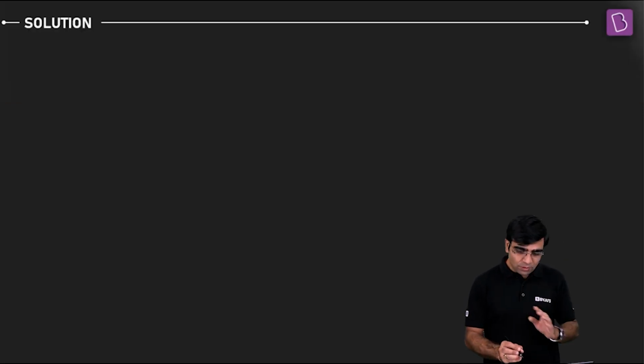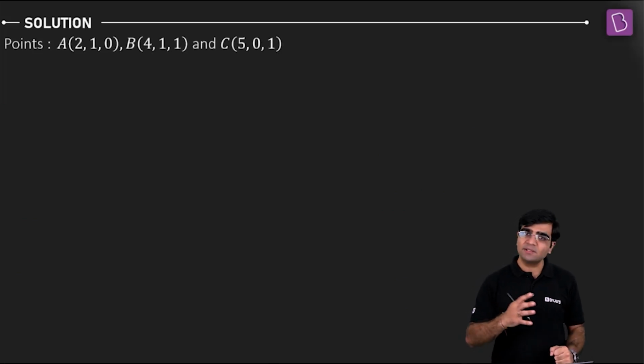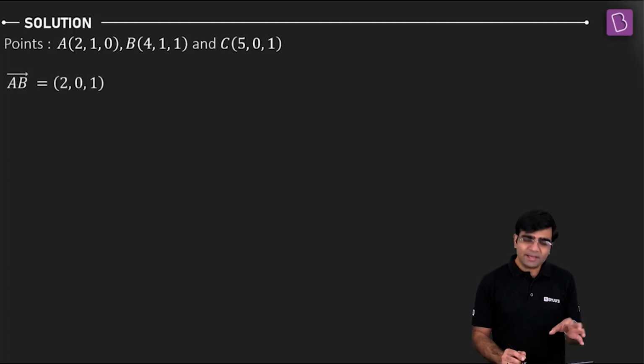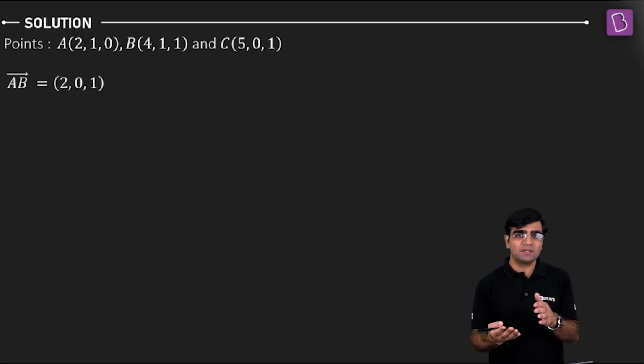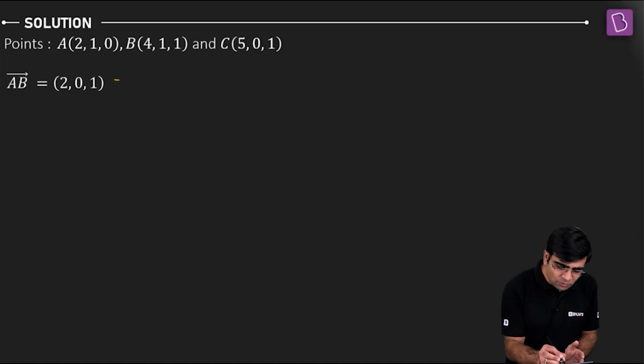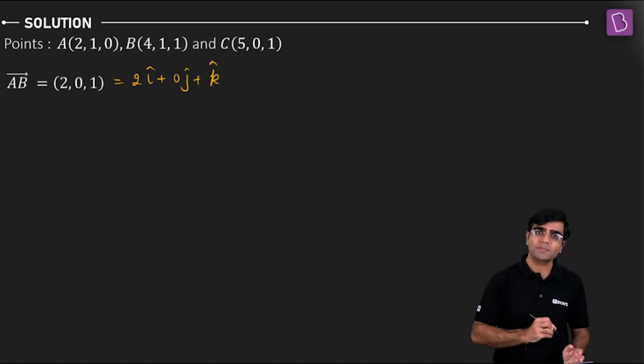All right. So let's start with the information. These are the 3 points, let's say A, B, C, through which this plane is passing, right? So I'll say that if this is the case, then I can have the AB vector. So AB vector is nothing but what? This is simply x2 minus x1, y2 minus y1, z2 minus z1, right? So the AB vector will have the components as this, or you can also write this as 2i plus 0j cap plus k cap. Right.